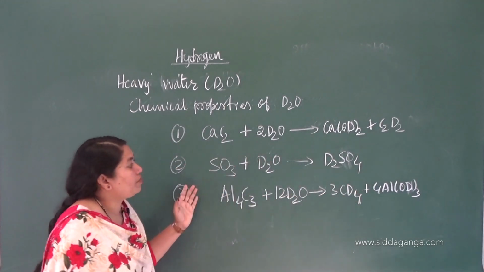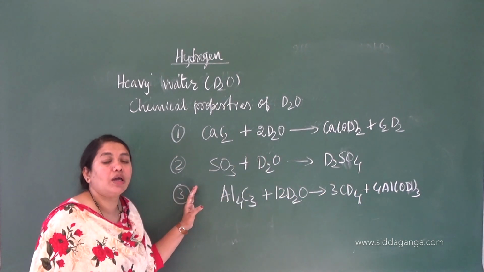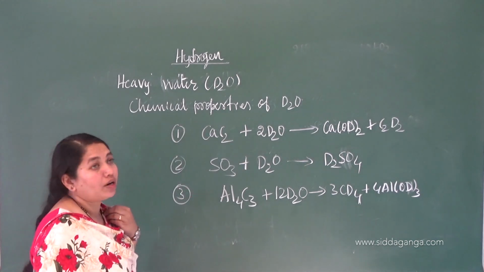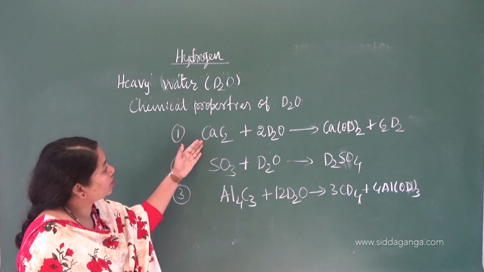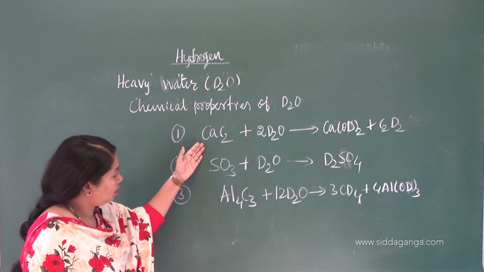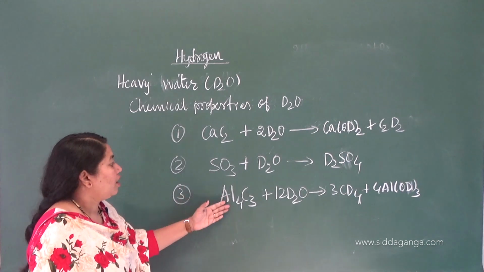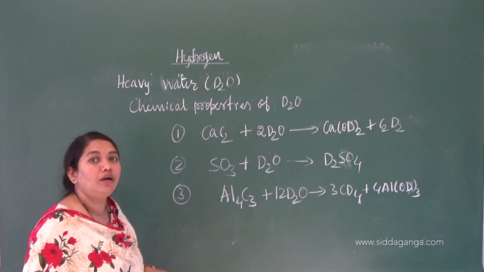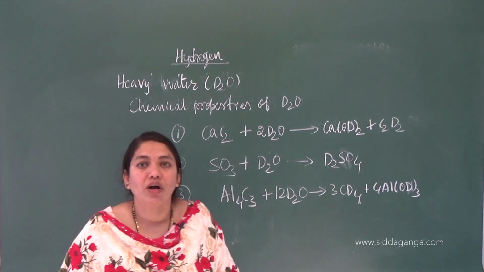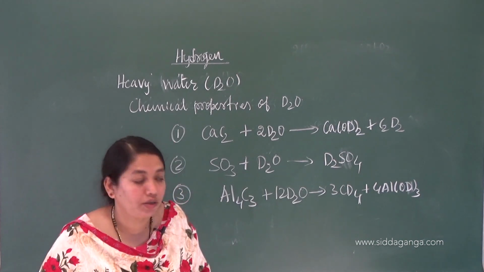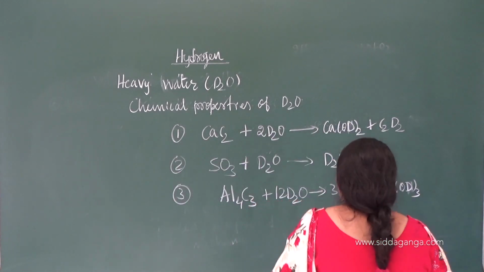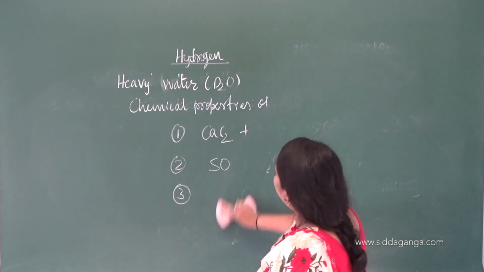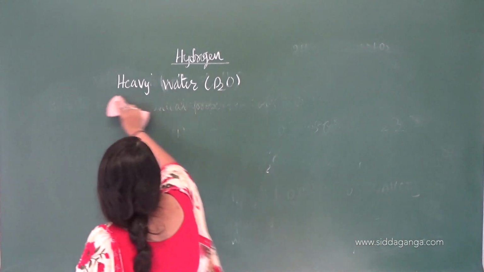So, these are some of the chemical reactions or chemical properties of our heavy water that we can note down: the reaction with calcium carbide, reaction with sulfur trioxide, reaction with aluminium carbide. The reactions are very similar to the reactions we are going to see in the case of water. Now, after this, let me move on to the last concept of this chapter,